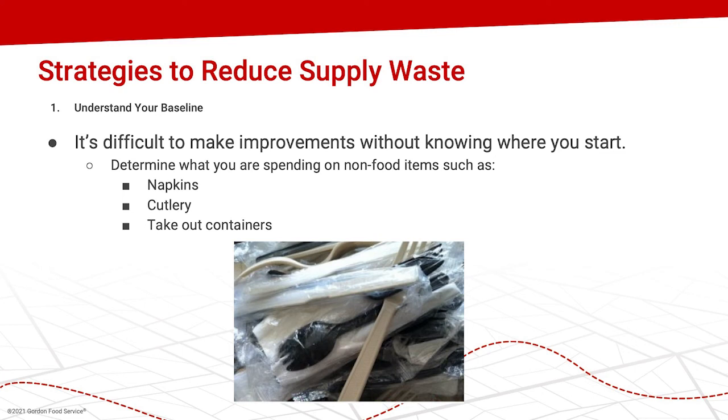Make sure you take the time to learn how much you're spending on certain supplies. And additionally, how much are you using in a week time frame, for example? Napkins, takeout containers, and cutlery. Of course, we know that the main route of transmission for COVID-19 is droplets, which can cause an infection. It is important to understand the recommendation or the guidance that will help your operations make the best decision when it comes to supplies needed to safely feed your guests.